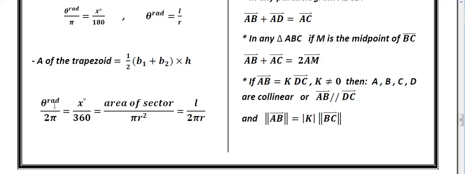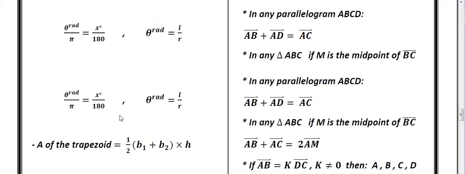We have the relation between theta radian and 2 pi. Theta radian over 2 pi equals x degree over 360 equals area of sector over pi r squared equals L over 2 pi r. You must know this relation: area of sector over pi r squared equals L over 2 pi r equals x degree over 360 equals theta radian over 2 pi. Okay,